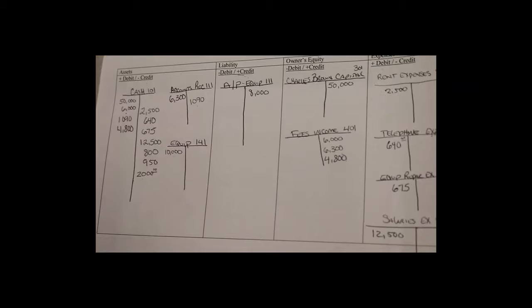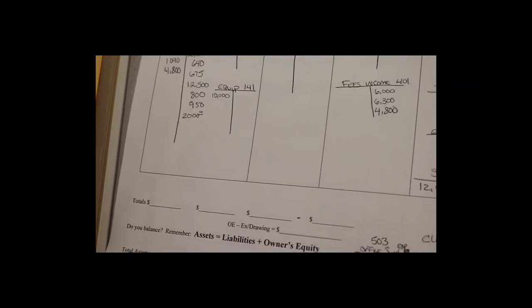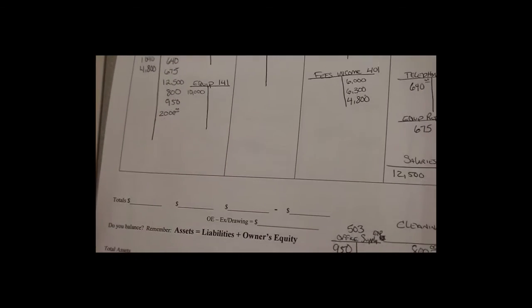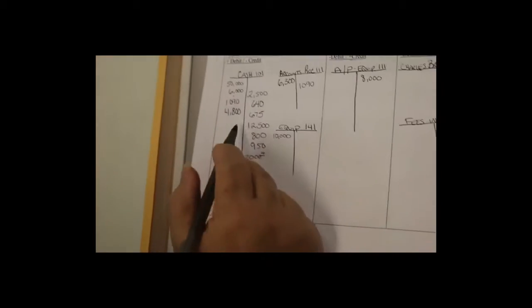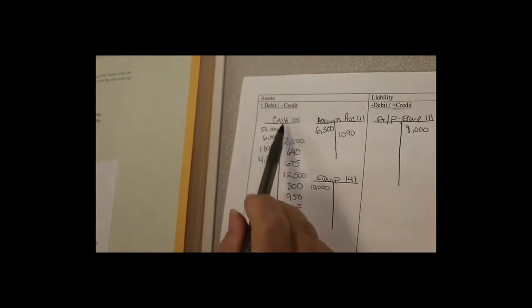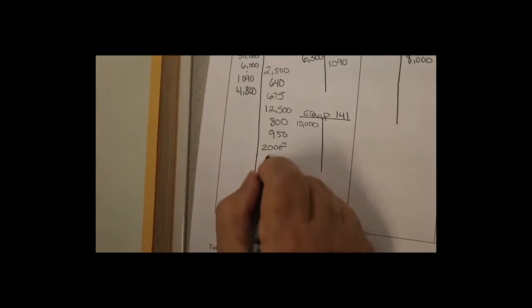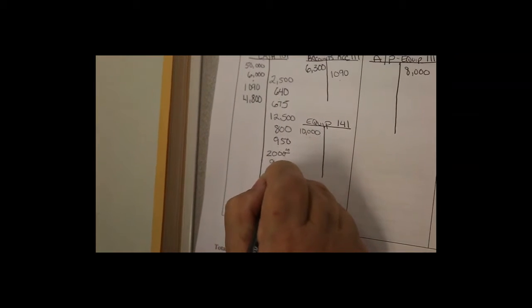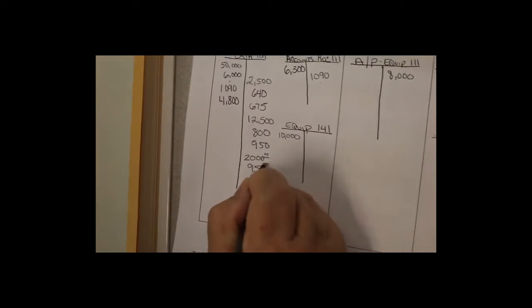Alright, so for the electric bill, we issued a check, which means we're paying. So this is money that's going to be paid out, so it's going to decrease our cash. We decrease it by crediting. So $950, we don't need to write the cents for that. $950 under cash, credited. And then over here, utilities